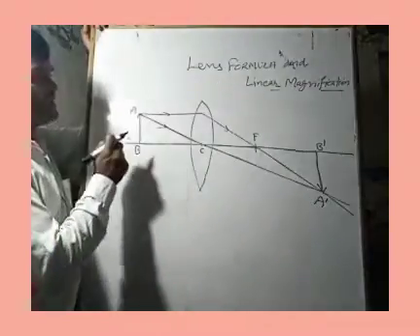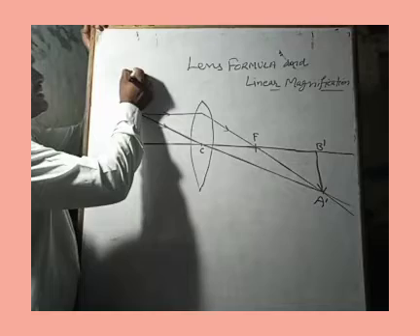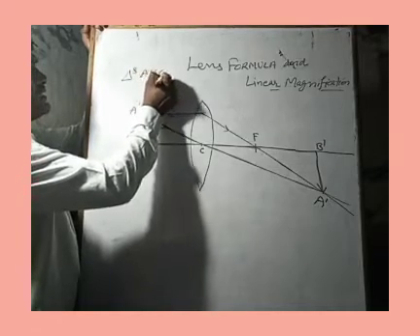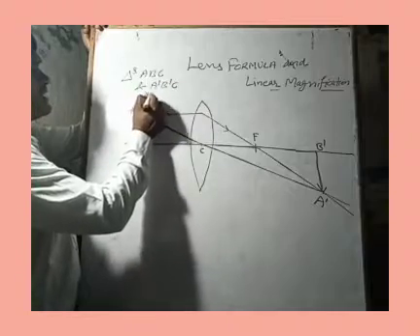So you can see from the diagram, triangles ABC and A dash B dash C are similar,